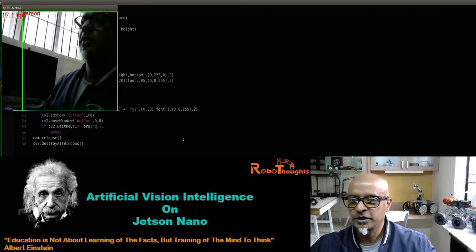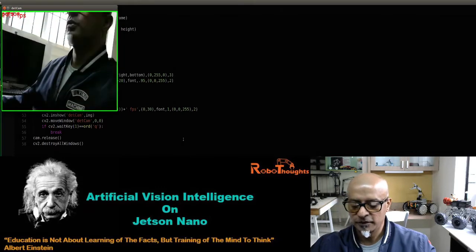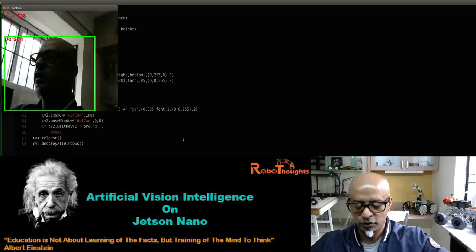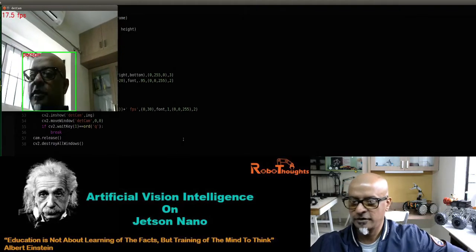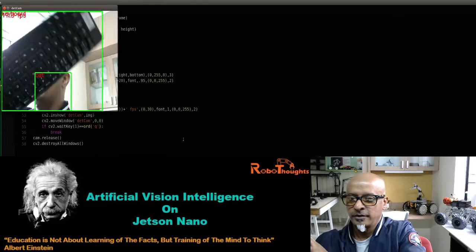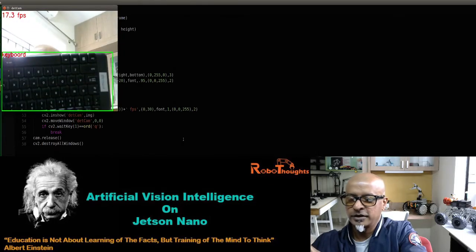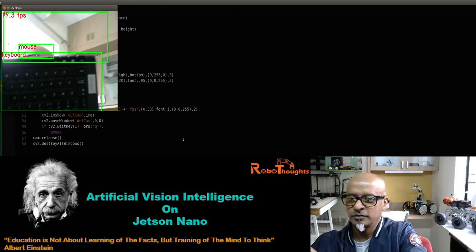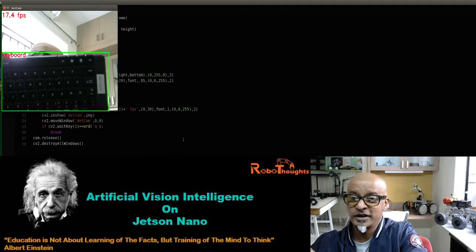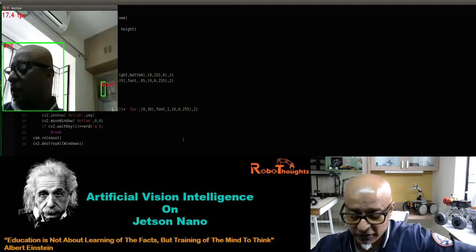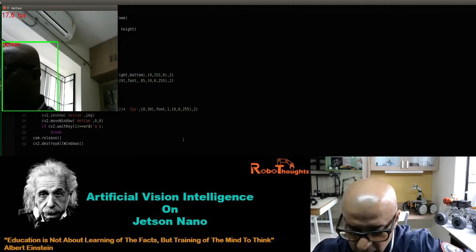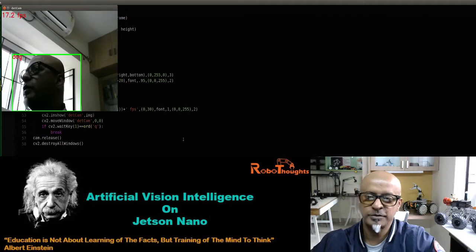Let me show a couple of other things. Let's say a keyboard. Let me take this keyboard and show it in front of the camera. Can you see the bounding box? It shows as keyboard. There you go, and we are getting almost 18 frames per second, which is a good thing, guys, for such a small single board computer, the Jetson Nano with a GPU.